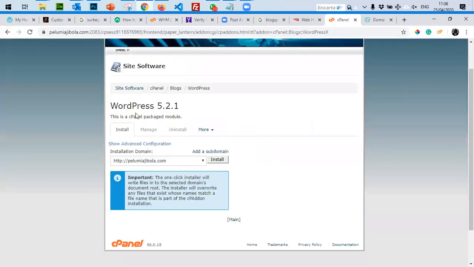It's telling me that I'm going to install WordPress 5.2.1. I guess this is the version that this particular control panel has available on the website.